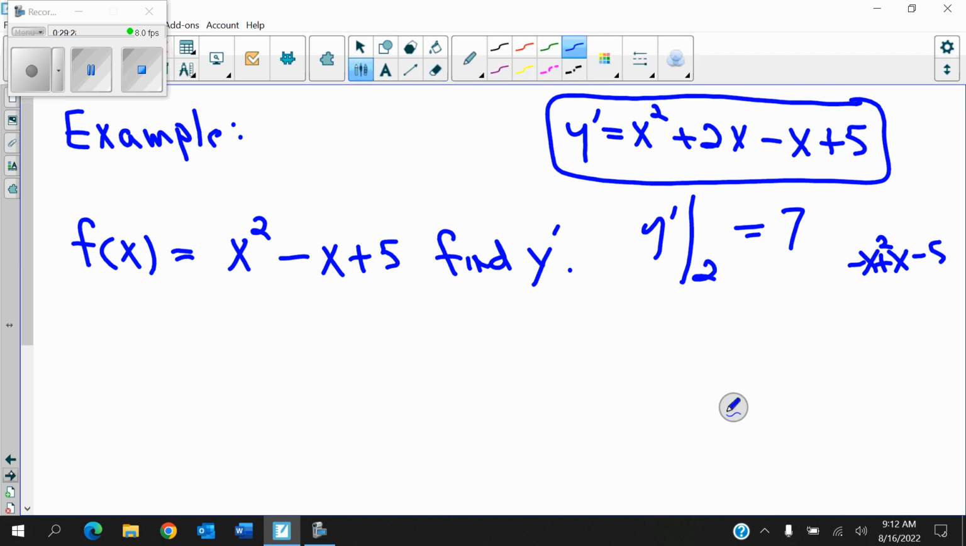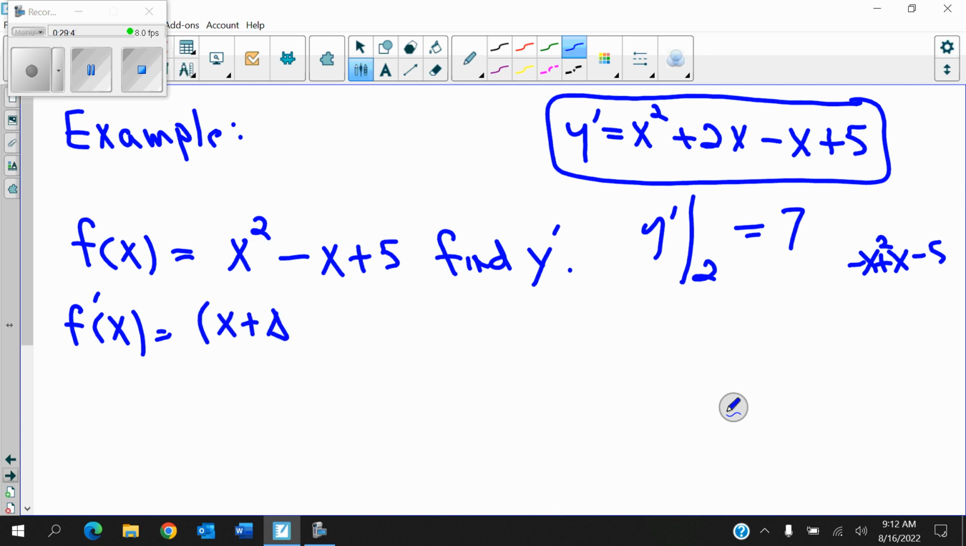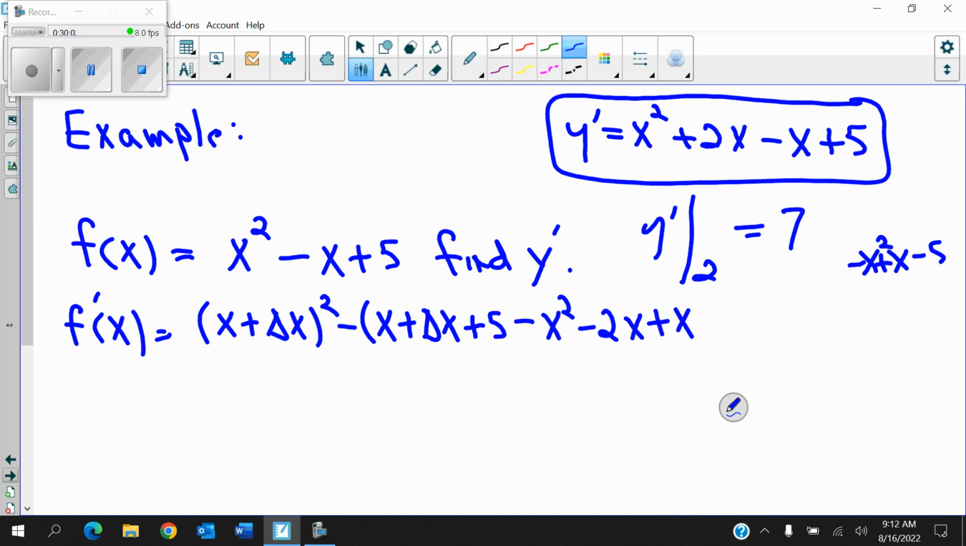So f prime of x is going to be equal to the quantity x plus delta x squared minus x plus delta x plus 5, right? Minus this, so that's going to be minus x squared minus 2x plus x minus 5, right? And that's all over